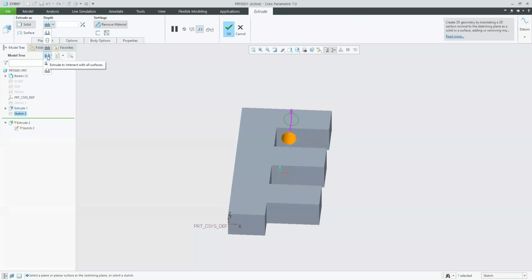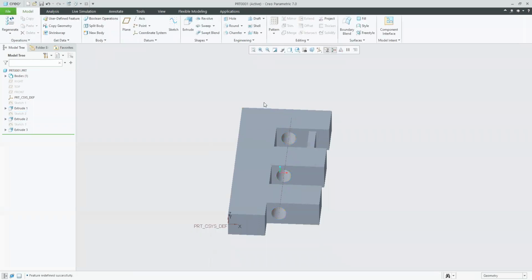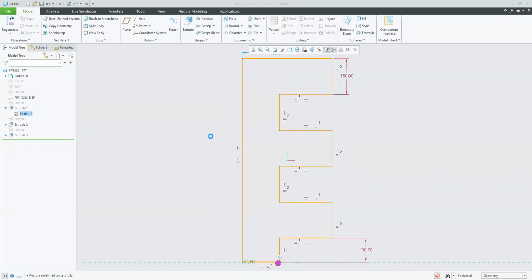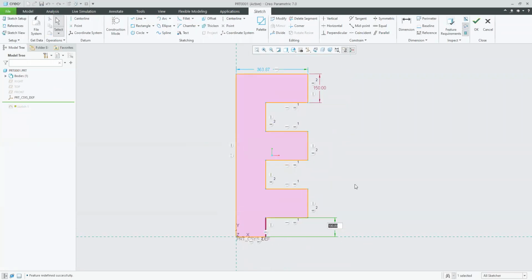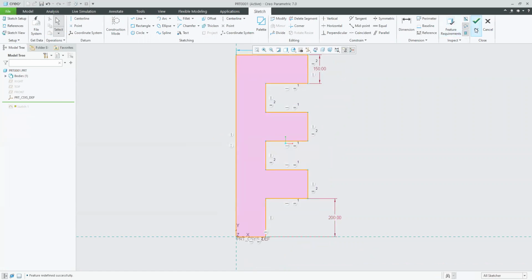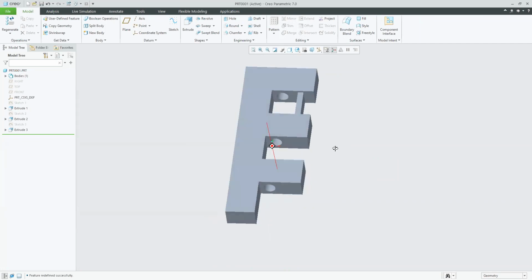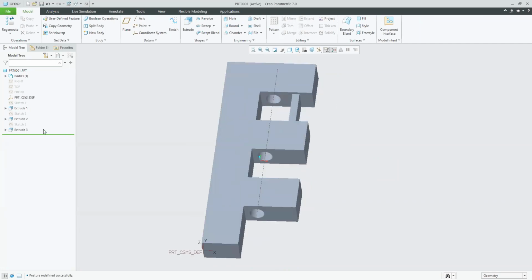And now I am telling this hole that you are a through and through hole. That is, it is going to intersect with all the surfaces. Now, whatever dimension changes over here, I am not bothered at all. Let us try to change that dimension. This is 100. Let us push this guy to 200. Now you will notice that the hole has got updated. There is no need of looking at where my hole is, or changing the dimensions of the hole. Understood? And same thing is going to happen for this extrusion.